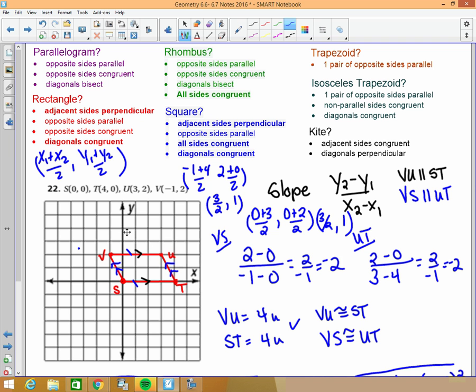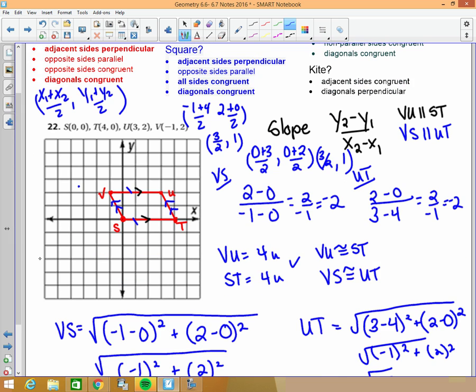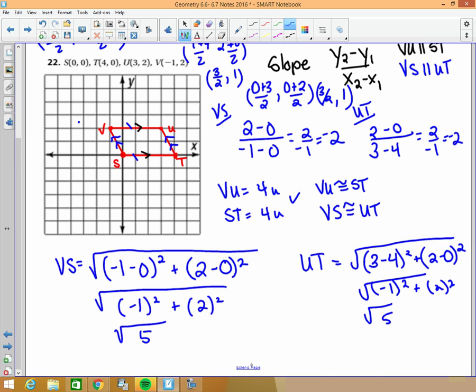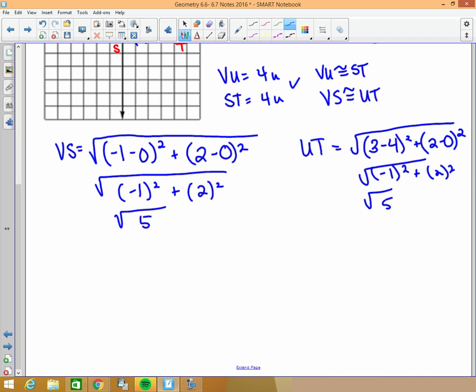Okay. However, we need to also prove that it is not a rhombus. How can we prove that this is not a rhombus? How do we know it's not a rhombus? All sides are not congruent, right? Okay? So, when you do all this math, which I'll be looking for to justify what you're saying, you